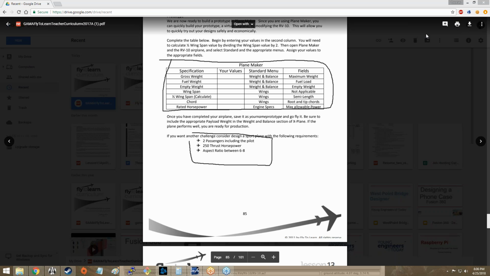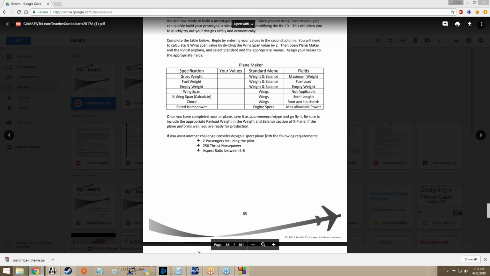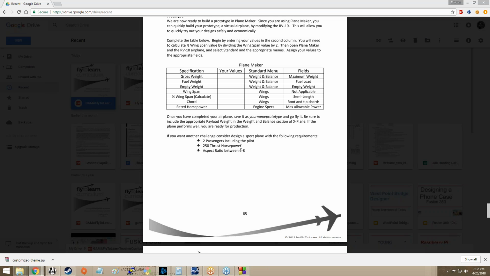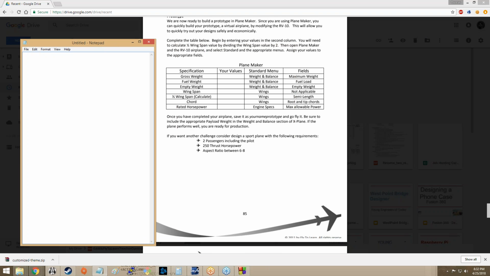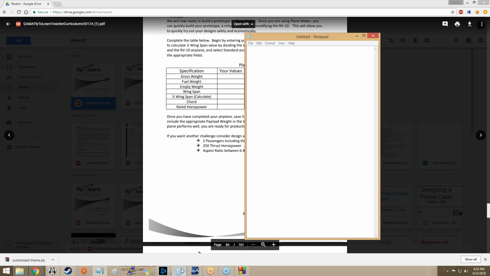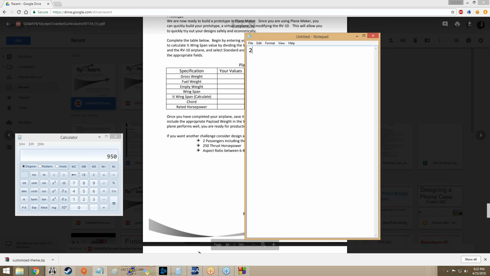Alrighty, so let's spend some time going over this. So, 2 passengers, including the pilot. Let's pull up a notepad here so we can take some notes. Let's not click away from it. Here we go. We've got our calculator. So we want 2 passengers,